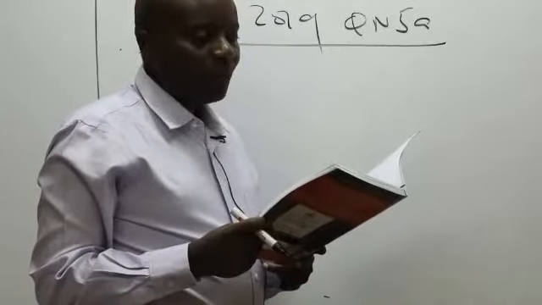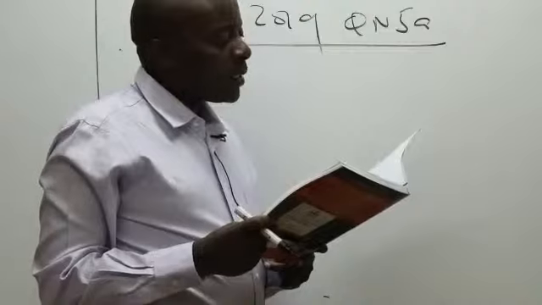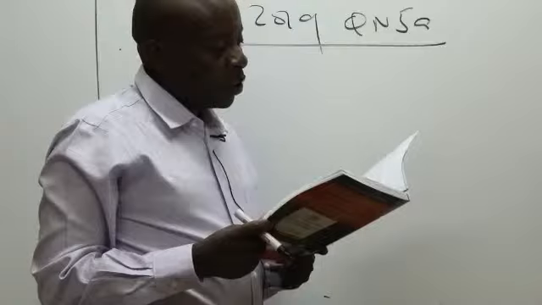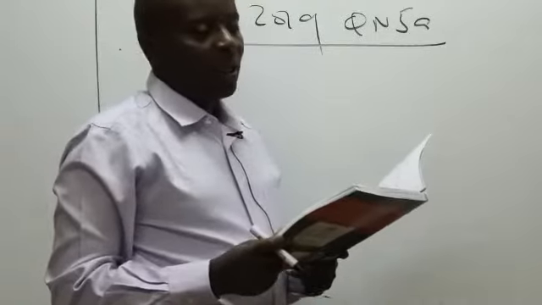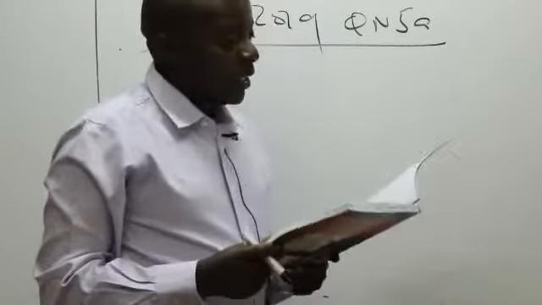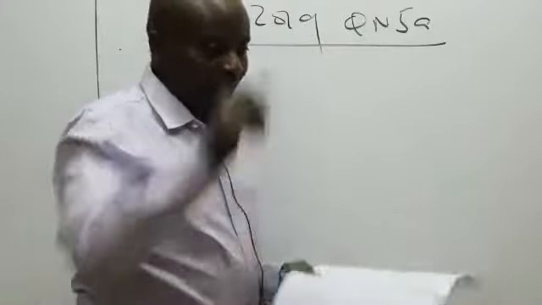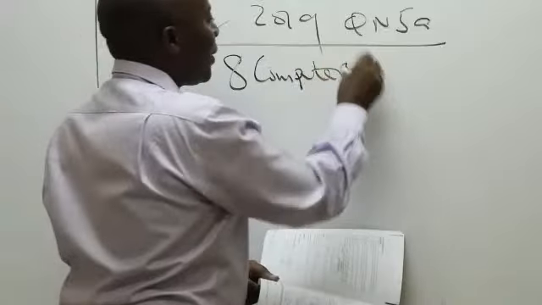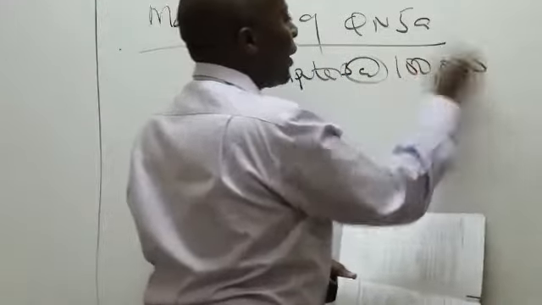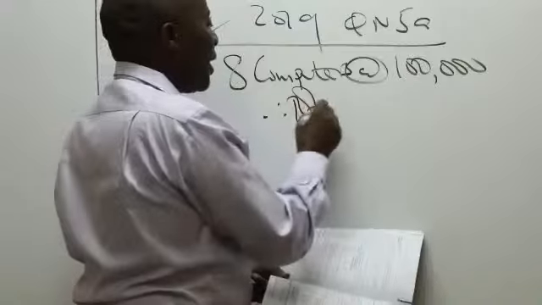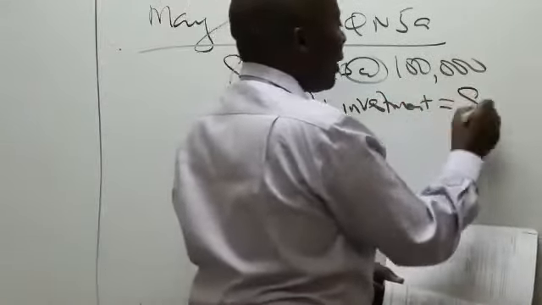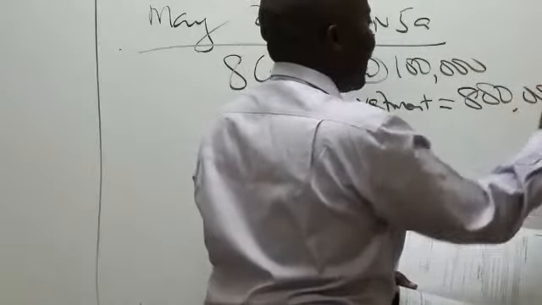In order to improve customer service and provide the management with timely and quality information, the company is contemplating to purchase 8 microcomputers at a cost of 100,000 each. So 8 computers, and they're telling us that each is 100,000. Therefore, the total investment will be 8 times 100,000, which is 800,000